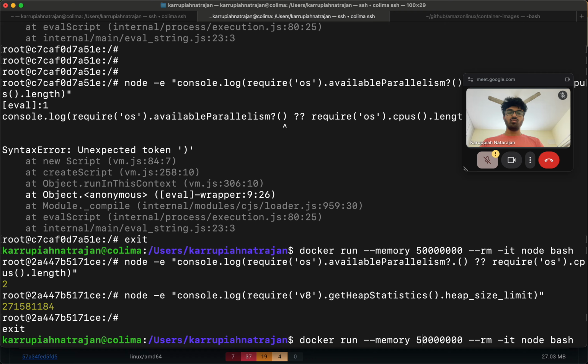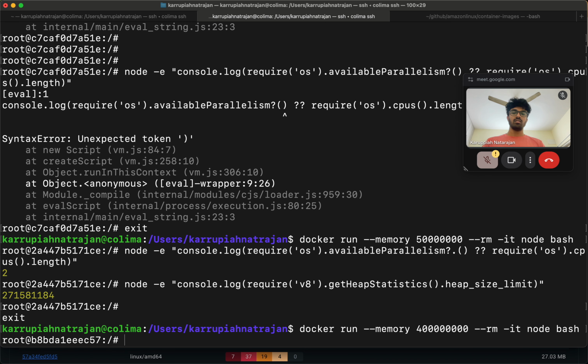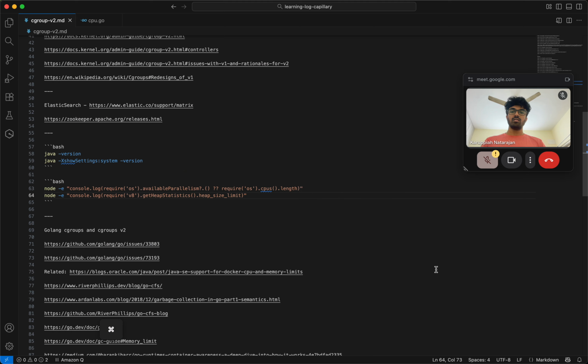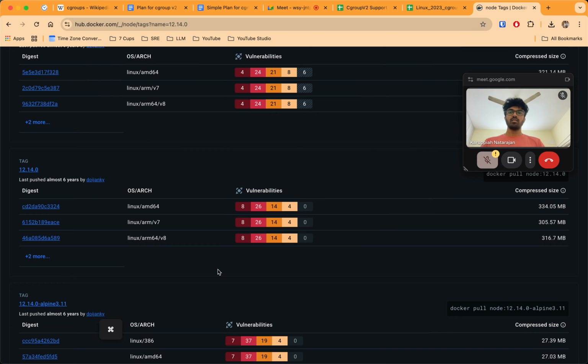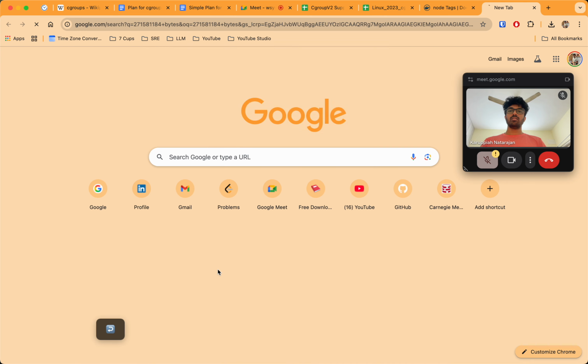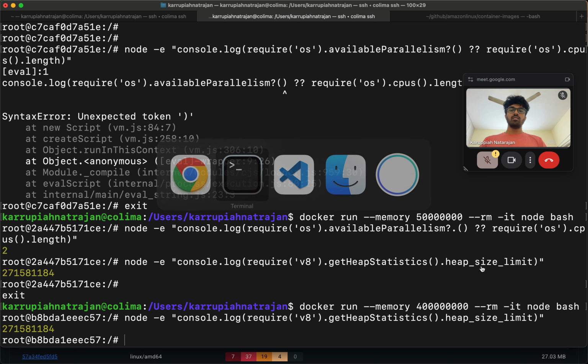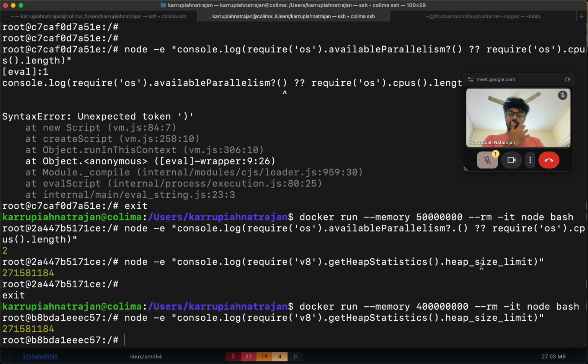Can I do not 300 megabytes or 400 megabytes? 1 to 3 kilobytes, megabytes. It's still the same. Interesting. Bytes. I think this is like a minimum that it takes up.